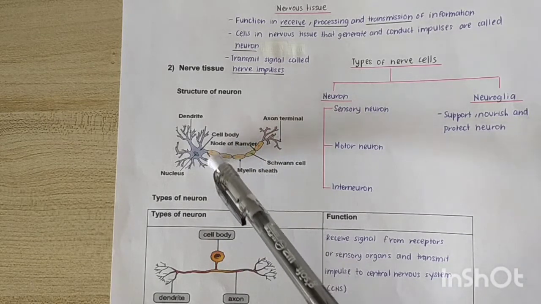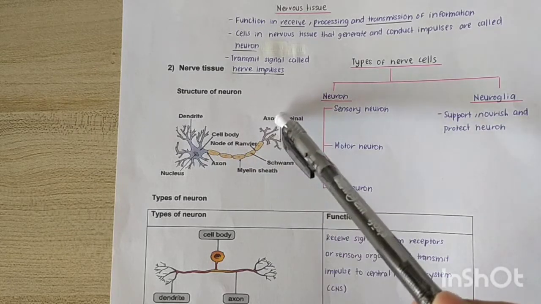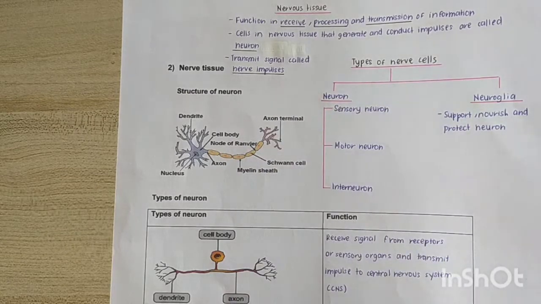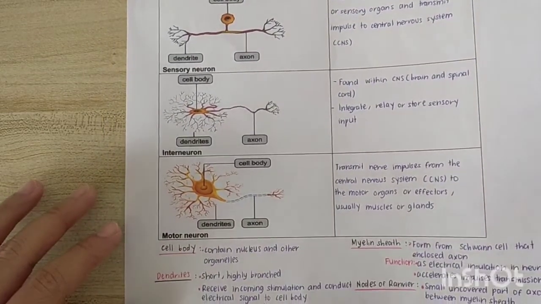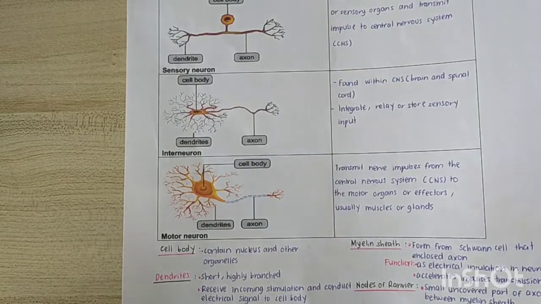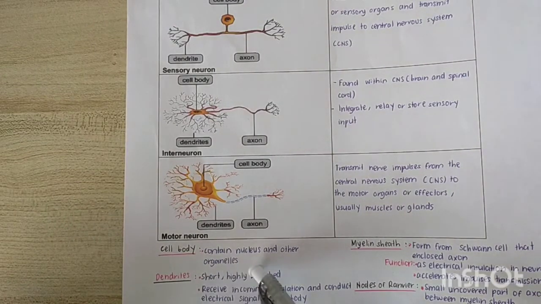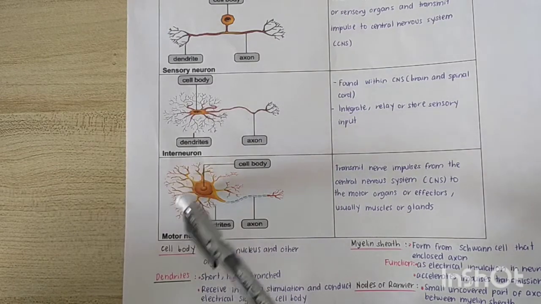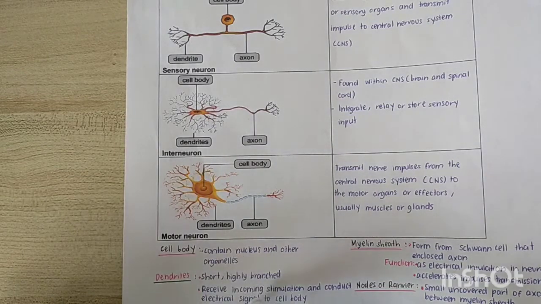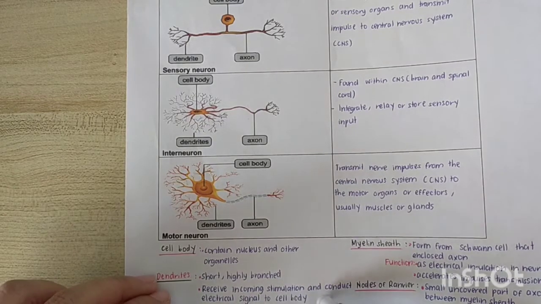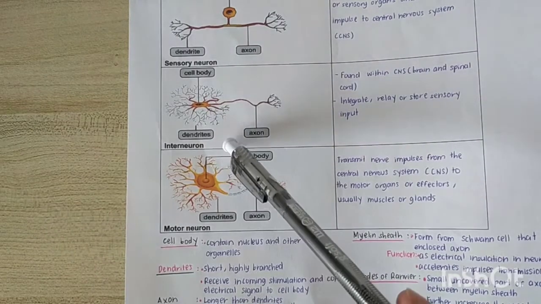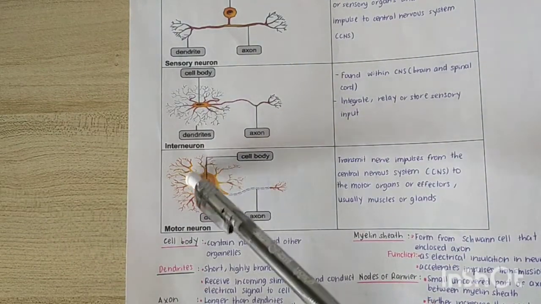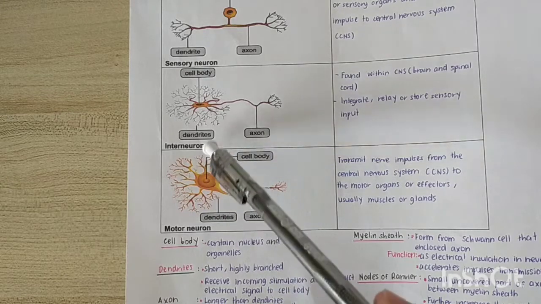So this one we call as node of Ranvier, and then at the end of the neuron here we call as axon terminal. Okay, so kalau kita go through function for each of the components in the neuron. So for the cell body, it contain nucleus and other organelle, and then dendrite. So here is the dendrite. Okay, so dendrite short, highly branched, and then it will receive incoming stimulation and conduct electrical signal to the cell body. So dendrite ni dia akan terima the incoming stimulation, and then what happen, dia akan conduct electrical signal tu